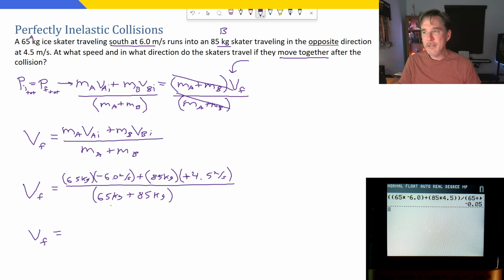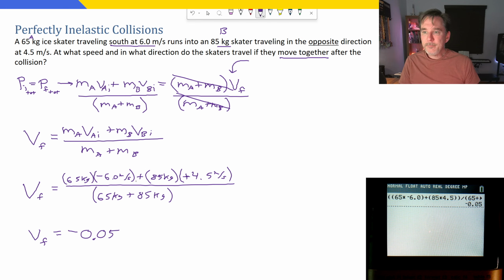That does seem like a reasonable speed. If they're heading in opposite directions, they crash into each other. They're not going to be heading very quickly in the direction when they start to travel. But look, we got a negative number. So negative 0.05. I'm going to go out on a limb here and say it's meters per second, but let's double check that,